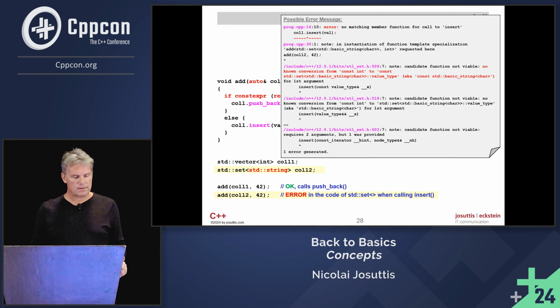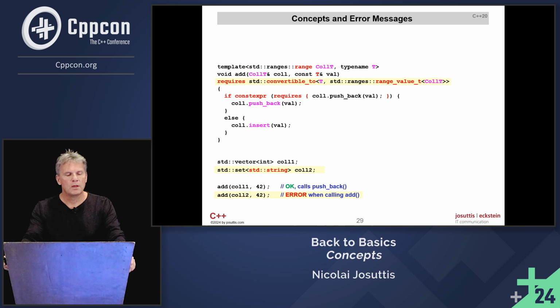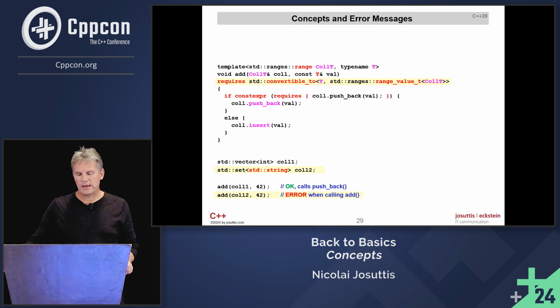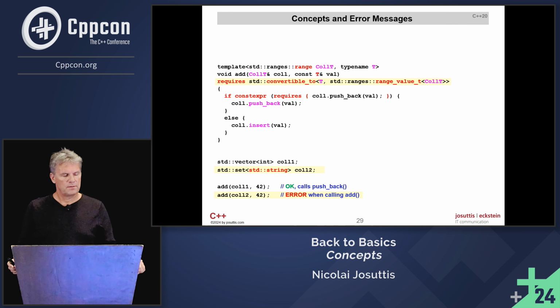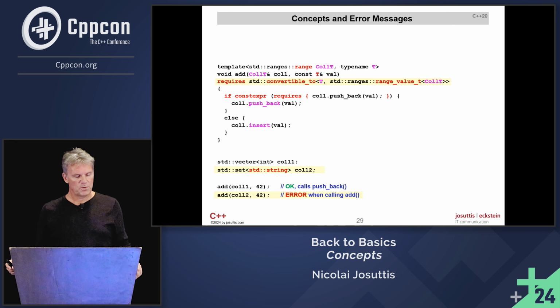Yeah, you can do that. We have concepts for that. We have standard concepts for that. We have std::convertible_to, and that says, give me the value type of the collection. Could I convert it to T? Or the other way round, could I convert T to the value type of the collection? With that